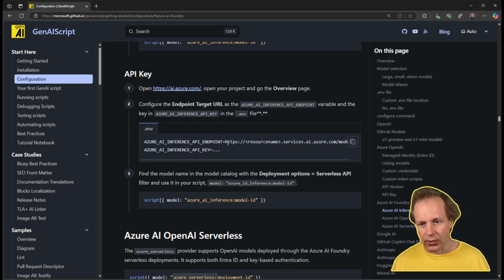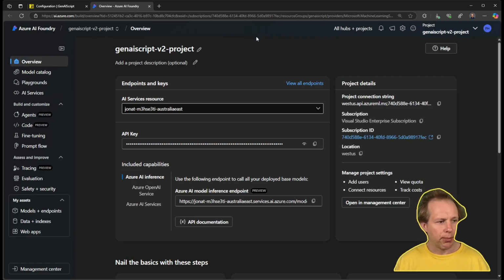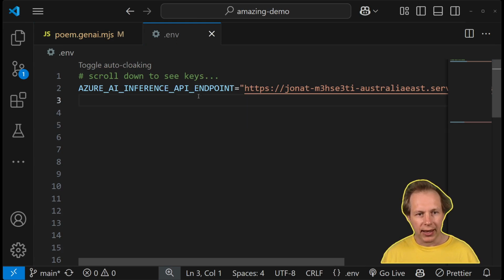So we need to grab the endpoint from the Azure AI Foundry portal and then also the key. If I go to the portal, and I had to create a project. So I created a project and I land here. When you're on your landing page on the overview, you've got your endpoint here. And that's really the first thing you need, your endpoint. So take that, copy that, go back to your editor, go to your env file, and then put it into this Azure AI Inference API endpoint